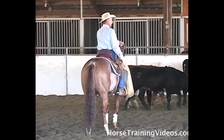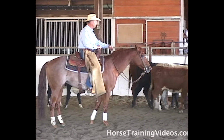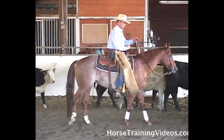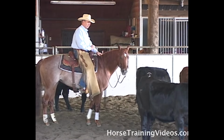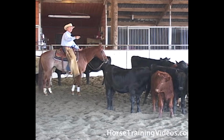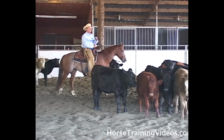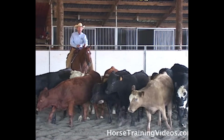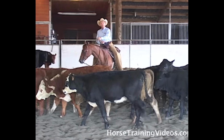Again, I want to keep the cattle slow at a walk. I don't want to startle them. And if I'm at a show and I've got the little Charolais cow picked out front, I want to try to manipulate that little Charolais toward the center of the arena and step up and stop him. Now here's the problem that a lot of people make, is they'll be parallel, they'll go